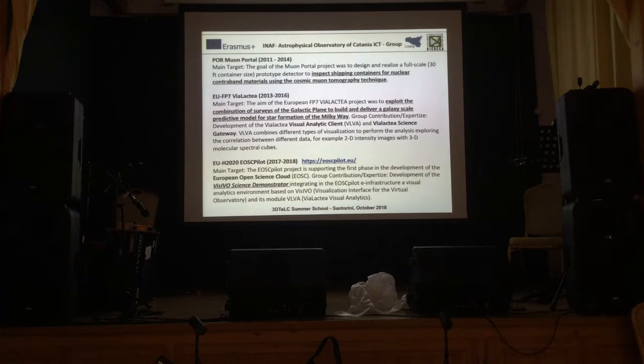And then there was another important project that was funded by the Italian Ministry for inspecting containers for nuclear contraband materials, using, and this was the question that I didn't put to you this morning, Alessandro, the cosmic muon tomography technique. Now this technique is also starting to be used to inspect the caldera, the magma chamber, sorry, the magma chamber. And maybe INGV has already started some project together with the Department of Physics or the engineers.